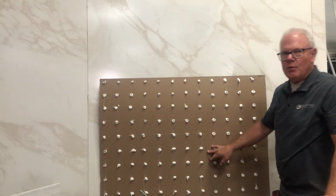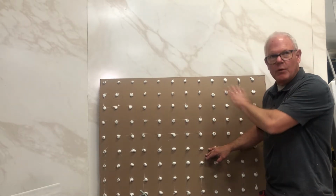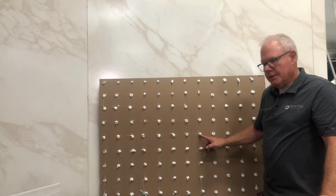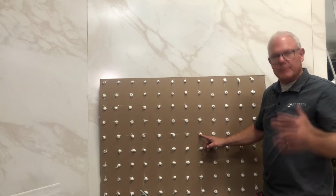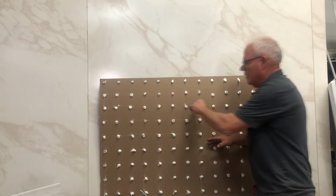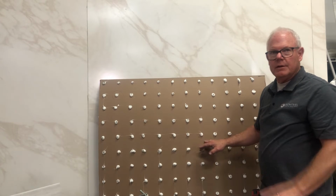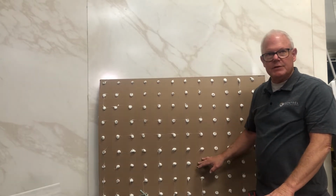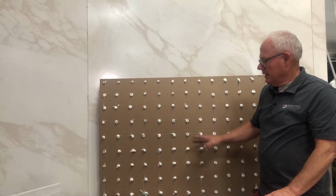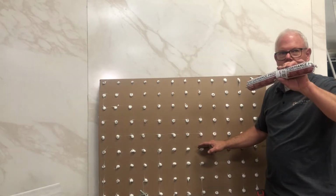And the reason that you don't want full coverage, there are an awful lot of people that want to know if they want to trowel it on. The answer is no, because the polyurethane needs air, needs moisture from the air to cure it. So when this flattens out, it's not going to be one solid coverage of the adhesive. It's going to be perfect amount, and you're going to get a little over 20 square feet